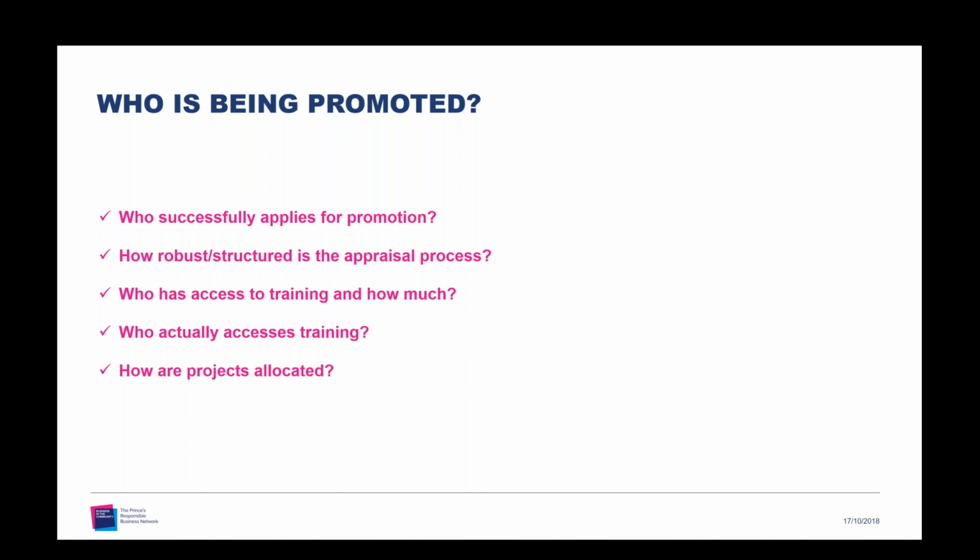And again, including multiple women in shortlists for promotion is another action that has been proven to be effective at reducing the gender pay gap, and that comes from the behavioural insights guidance that GEO and the Behavioural Insights Team released recently. Chloe, do you want to add to that?